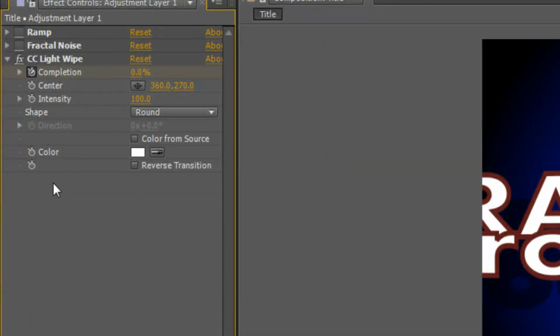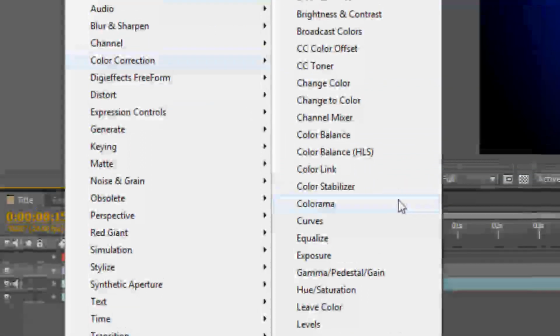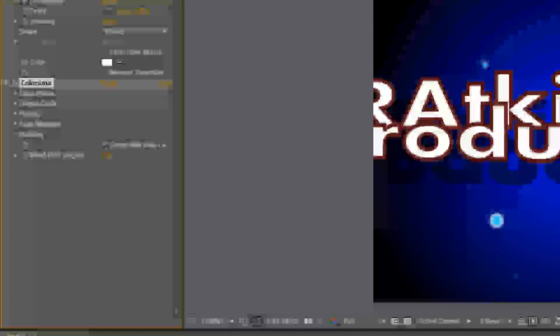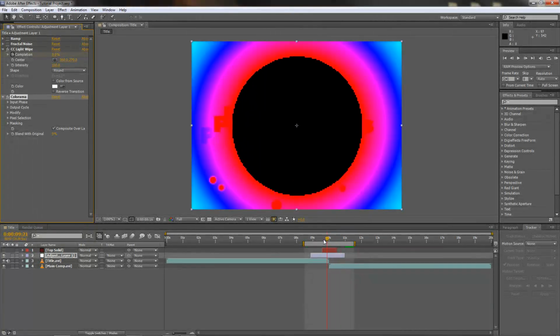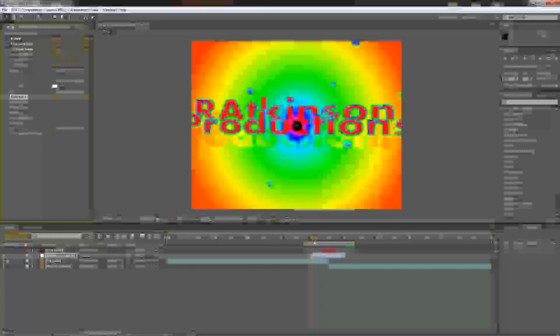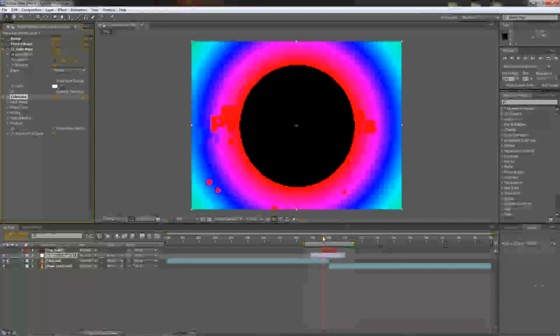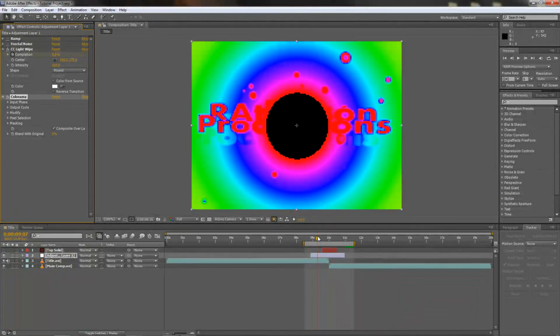If you go to color correction, then you do Colorama. I don't know what this would quite do, but oh yeah, see it does this cool thing. It makes everything a different color based on the color under it, and Colorama is used in